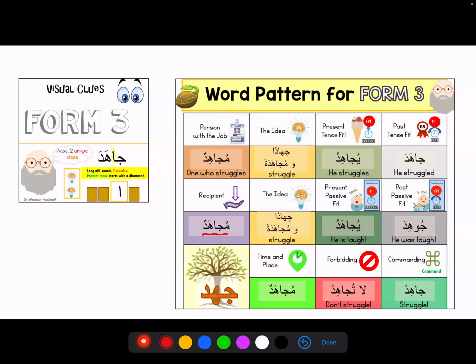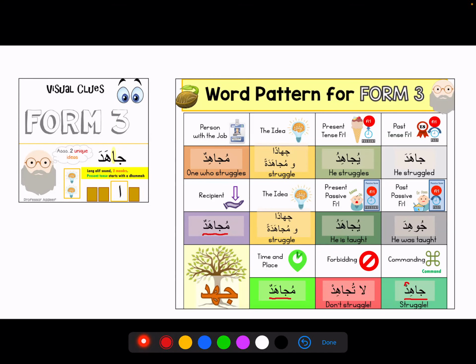Okay, then we have a command. So al-amr minhu is what? Jahid. SubhanAllah, it's very easy to turn into a command here, right? You're just going to give a sukoon over here, you make it majzoom. And here you go, we have our amr, because we do not have to add any hamza over here, and the word is readable, right? So jahid, and then la tujahid, and then zarf would be mujahadun.